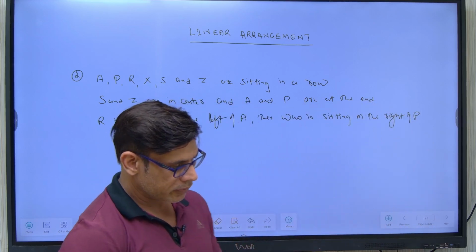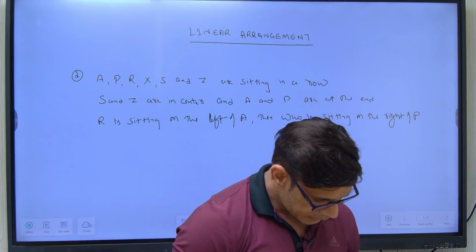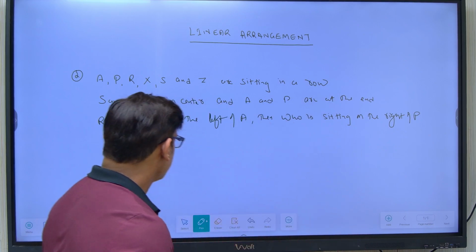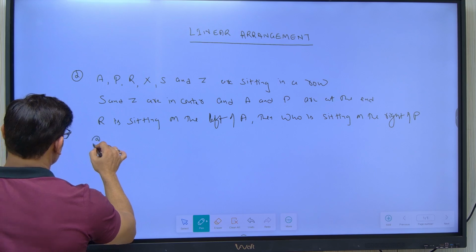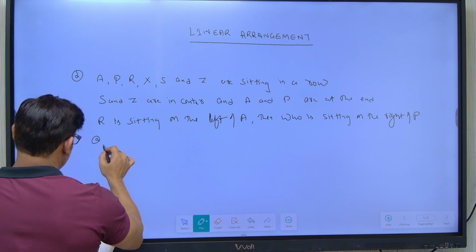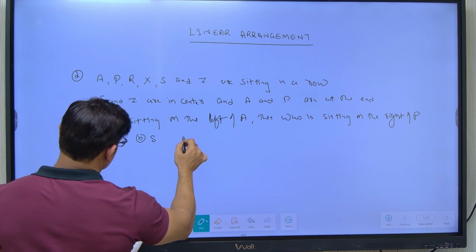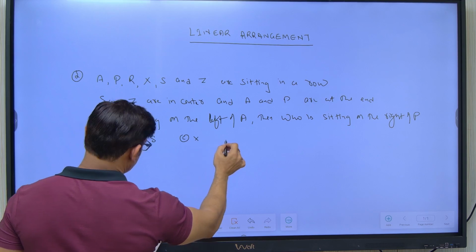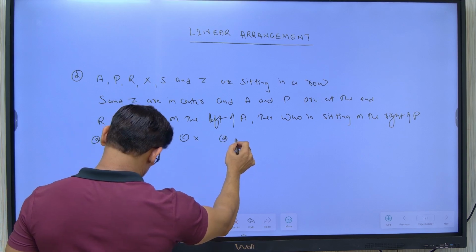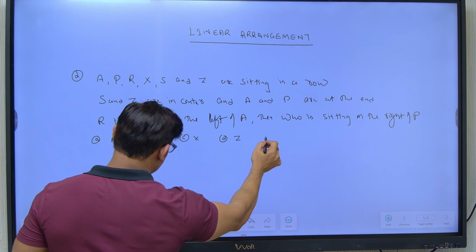Who is sitting on the right of P? And there are options. The first option in this question is A. Second option is S. Third option is X. Fourth option is Z. And fifth option is